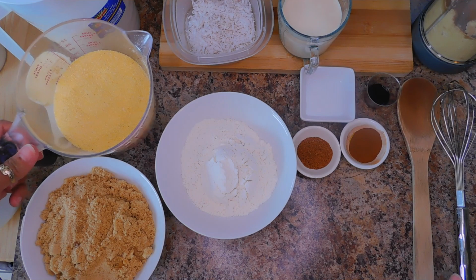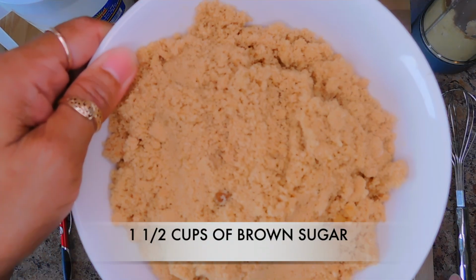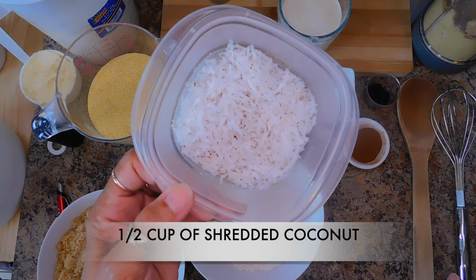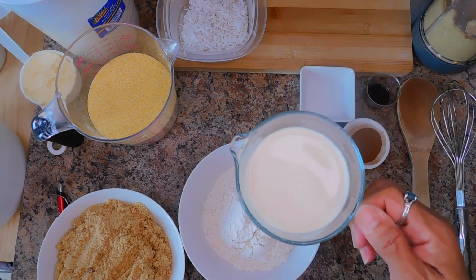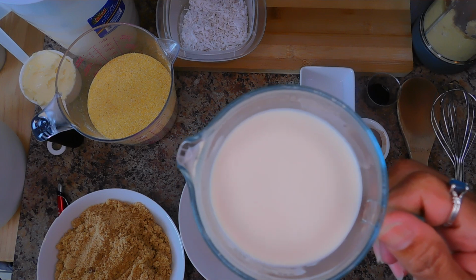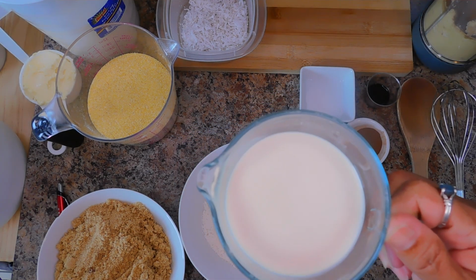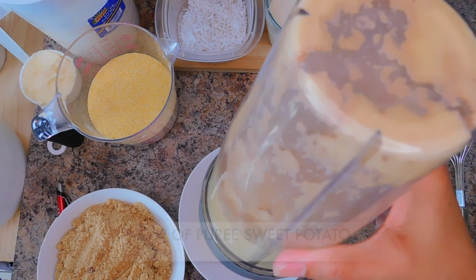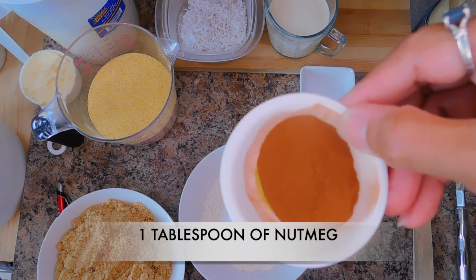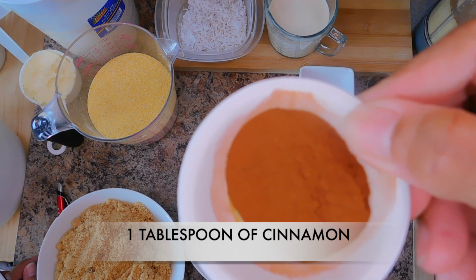So I have here my 2 cups of cornmeal, my 1.5 cups of brown sugar, 1 cup of flour, and a 1/2 cup of shredded coconut. I have 3/4 cup of evaporated milk that I'll be using to mix the sugar and all the spices together. And I have here my cup of puree sweet potato, 1 tablespoon of nutmeg and 1 tablespoon of cinnamon,